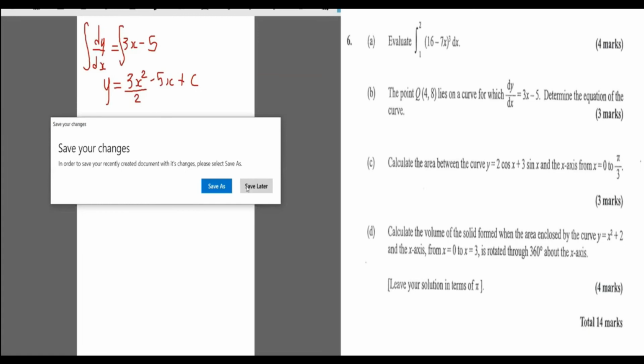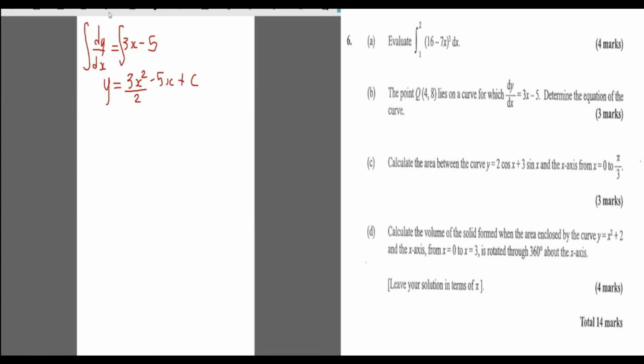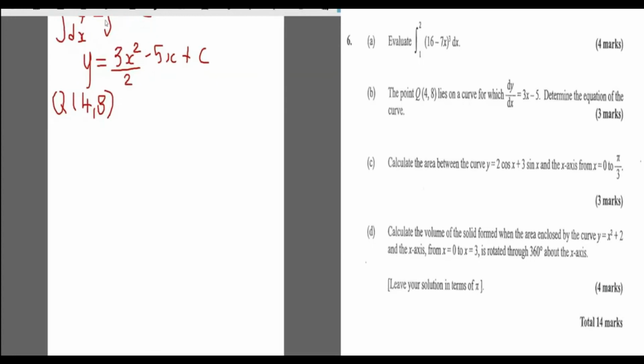Now we need to find the constant in order to find the equation of the curve. But they told us that Q is the point (4, 8). So what we can do is substitute the x value and the y value into the equation of the curve to find C. All right, so let's go ahead and do that. Substituting x as 4 and y as 8, that implies that at Q,